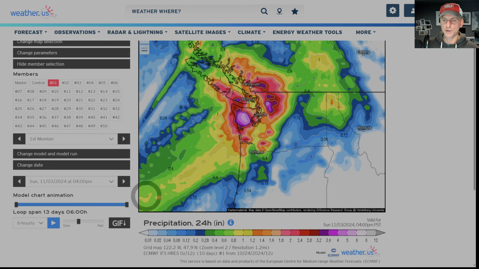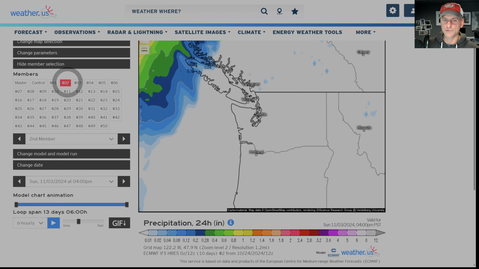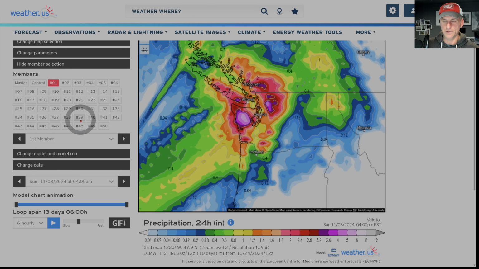And look at this atmospheric river looking thing pouring into the Pacific Northwest. However, if I go to ensemble member number 2, look at the big differences coming up there. So that's the power of these individual ensemble members, and you just let them run out and they can come up with these wild solutions.